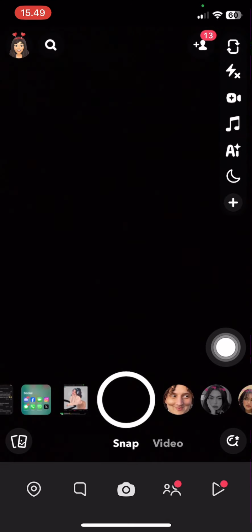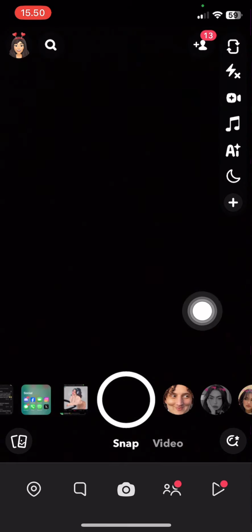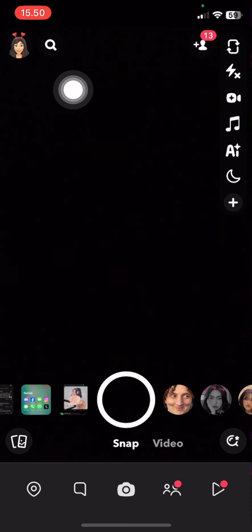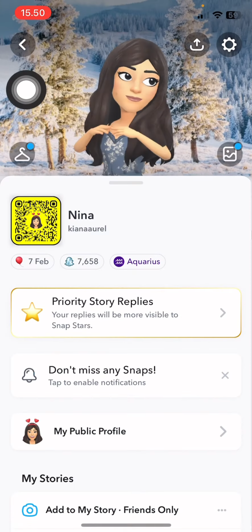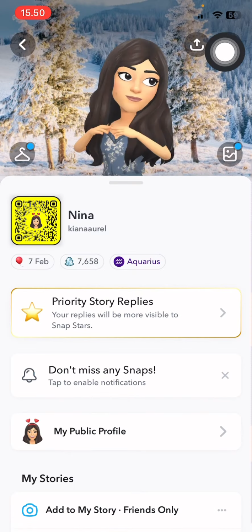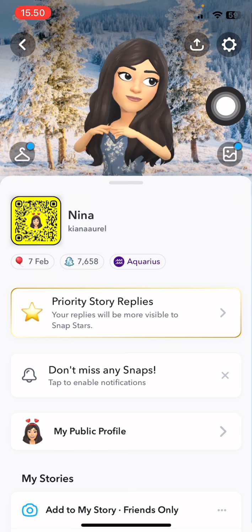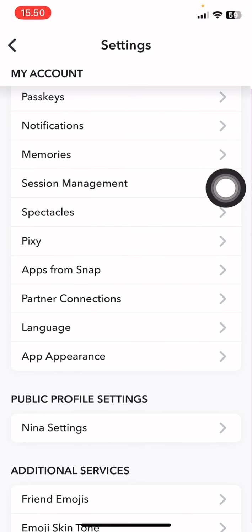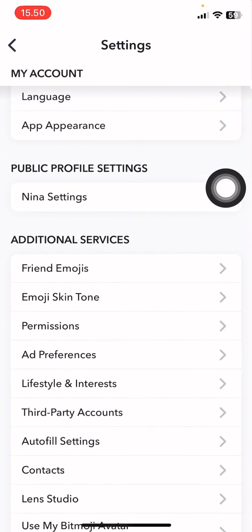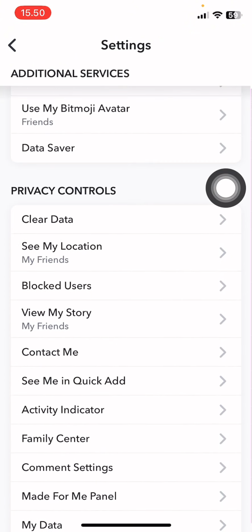In this video I'll be showing you guys how you can hide your last seen on Snapchat. To do that, you're going to select your profile emoji here, then go to the settings tab. I just scrolled down to hide my personal information, but you're going to keep scrolling down until you go to